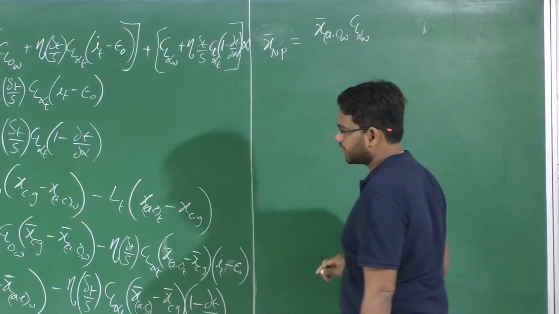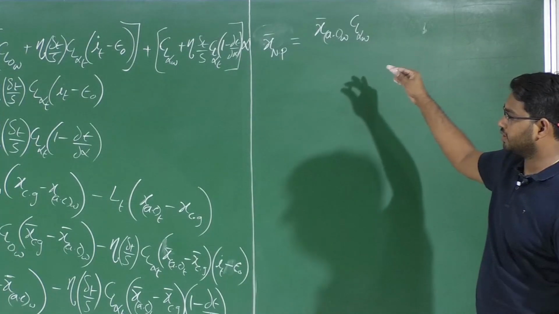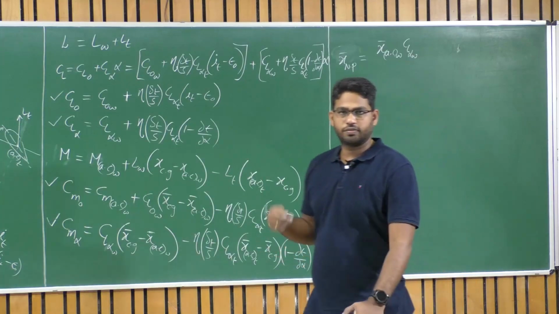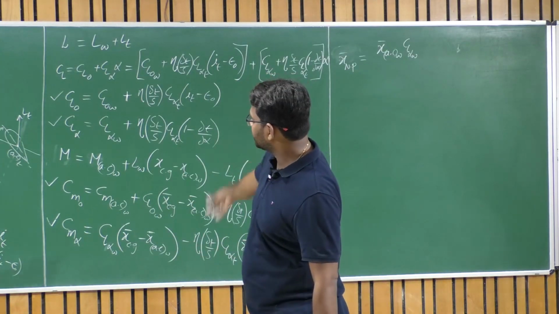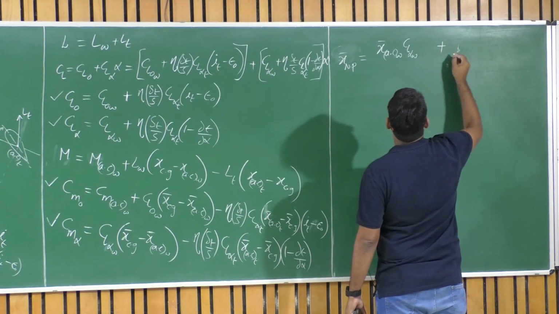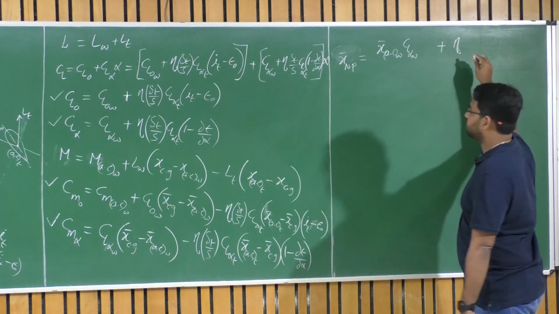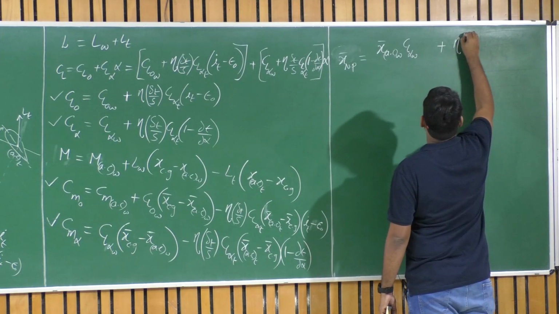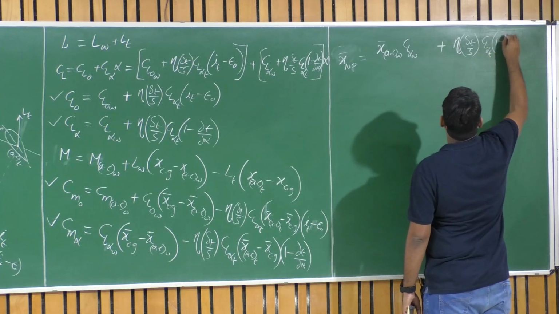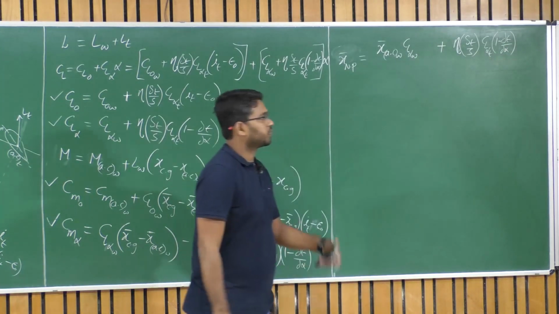So these are very important. You need to practice this so that you will be able to remember them, or say without derivation you will be able to figure it out. If you practice multiple times and if you keep digesting the facts what we have derived here, you will be able to write down what I am trying to do right now. Right. So again here it's a modified CL alpha, it's a correction factor to the CL alpha of tail, which is eta st upon s times CL alpha of tail times 1 minus dou epsilon by dou alpha. So all this is the correction factor to the CL alpha here, which we have discussed earlier.